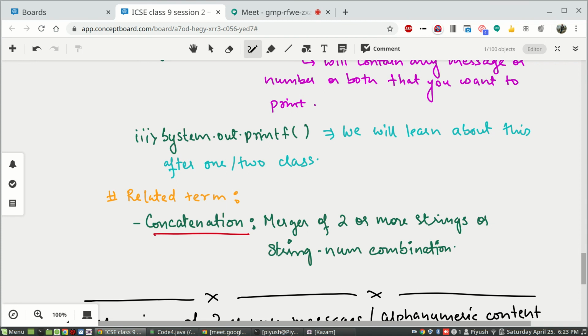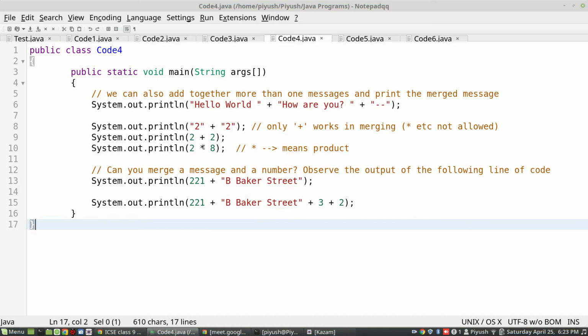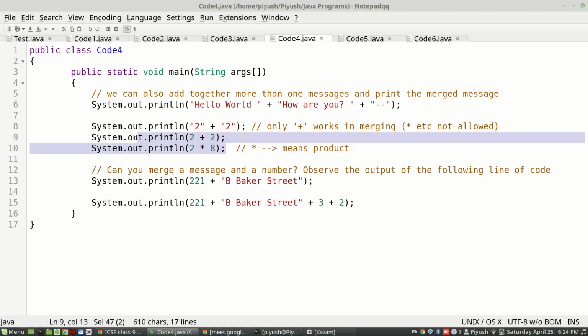However, in this code, these two lines are not concatenations. Why? Because they are not in quotes. One of them should be in quotes, and of course, in concatenation only plus is allowed.